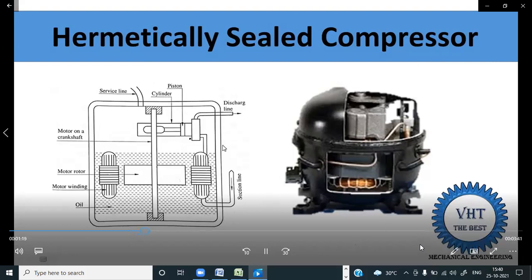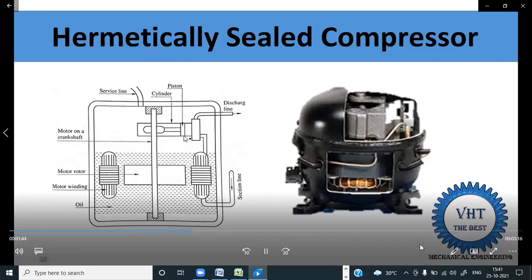Okay, and in this we have the three pipes. One is the suction pipe that is supplied to this compressor. This part is the compressor, and in this figure it is shown as a reciprocating compressor. It has a crankshaft. On this crankshaft, first up, this is the motor, and this is the shaft of the motor as well as the compressor. On this same unit, same shaft, the motor is installed and this compressor is installed.